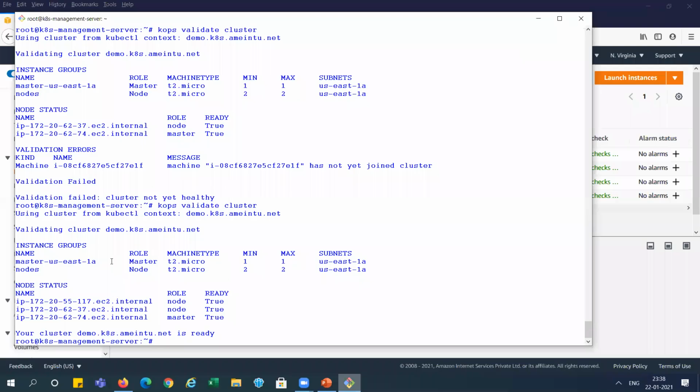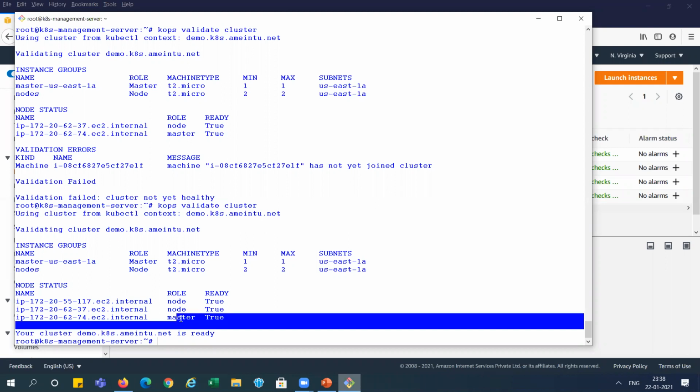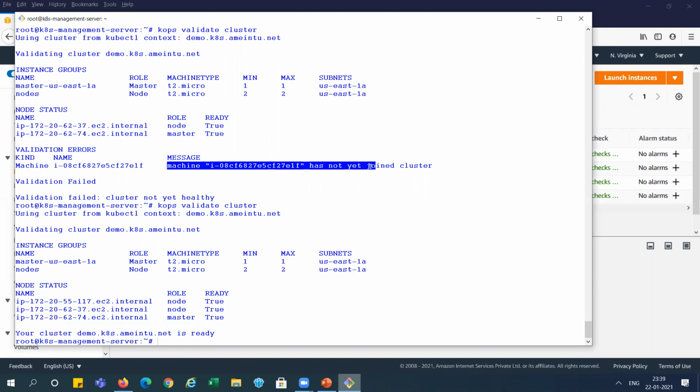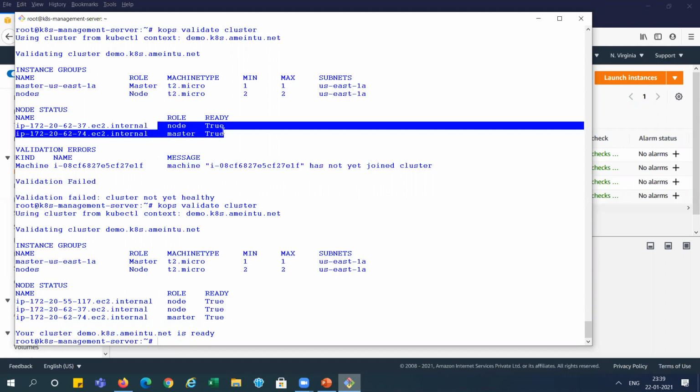Now you can see here our Kubernetes cluster is ready and it is created, one master and two nodes, both are ready, right? And before this, I was getting a message like this here: only one node is not ready, and one node and one master are ready.